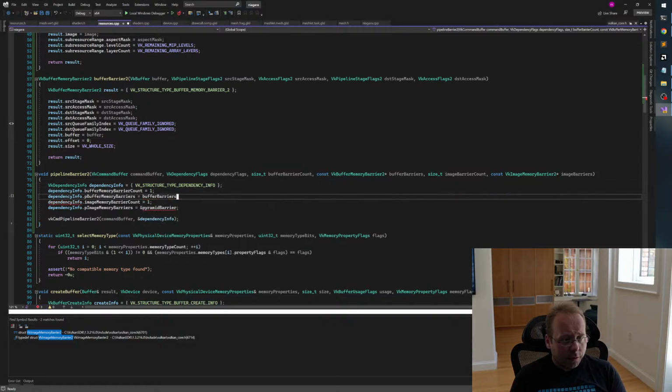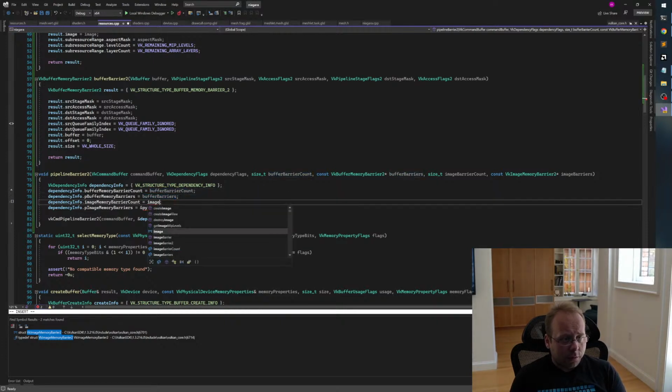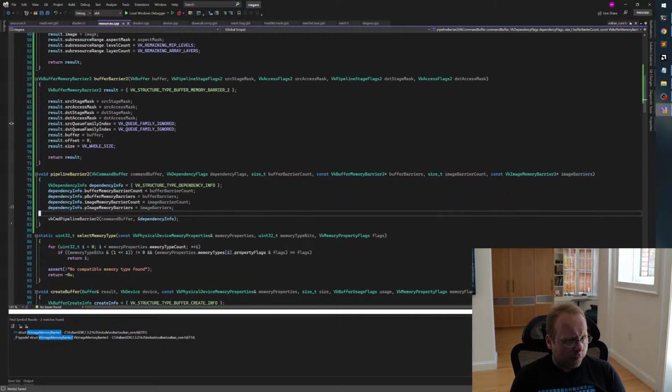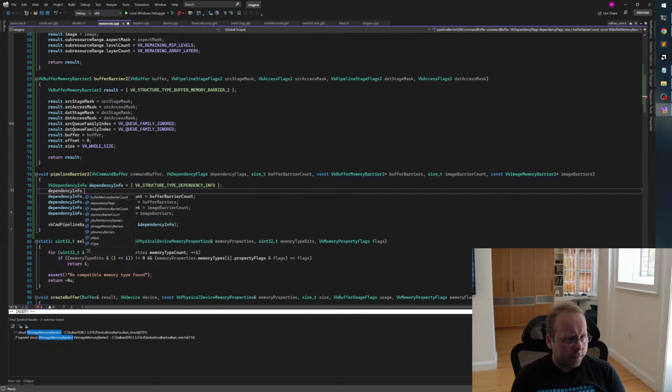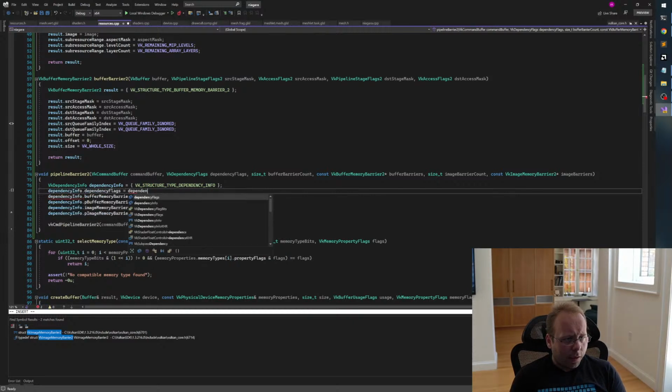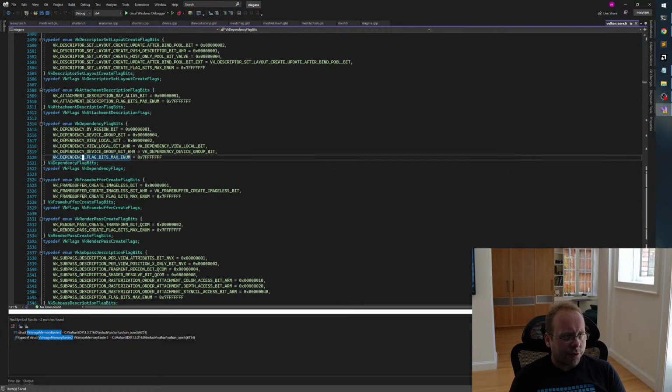Buffer barriers. Buffer barrier count. The reason why we need dependency flags is that rasterization barriers usually want you to specify this flag. Sometimes want you to specify this flag. I don't think we actually care. In fact, I think we might be using this incorrectly in some places. But this essentially says,